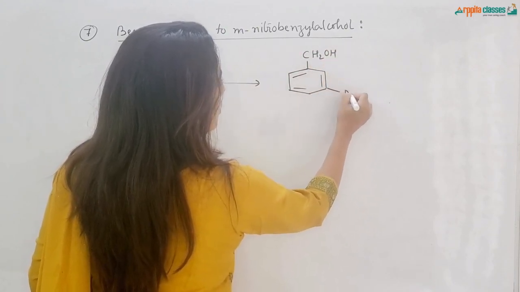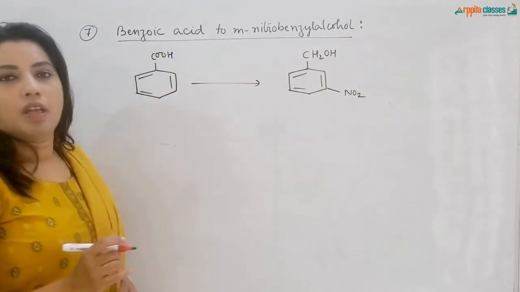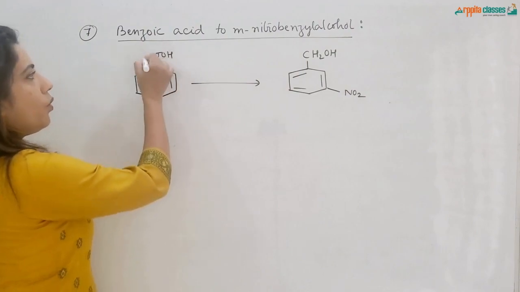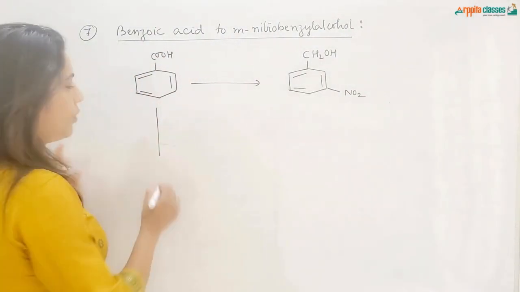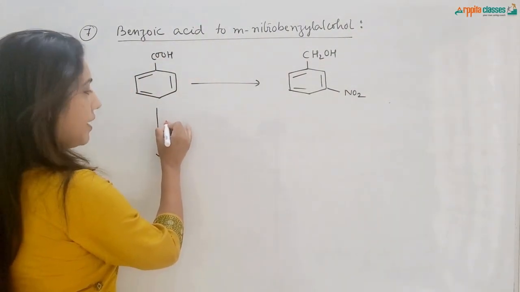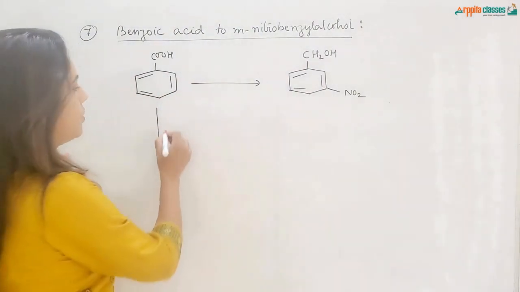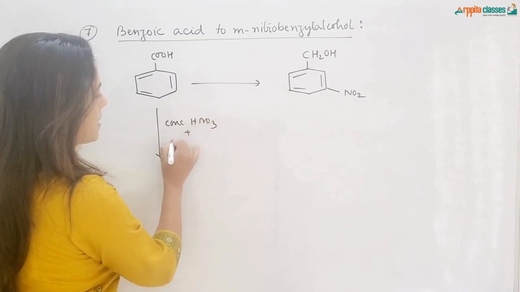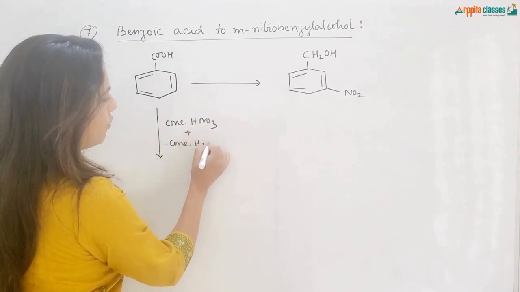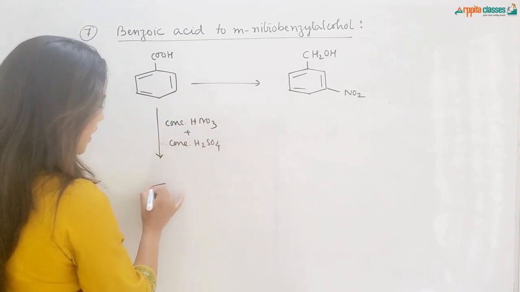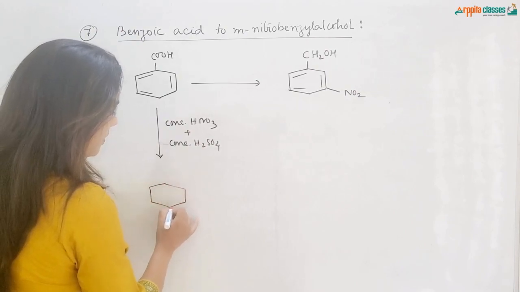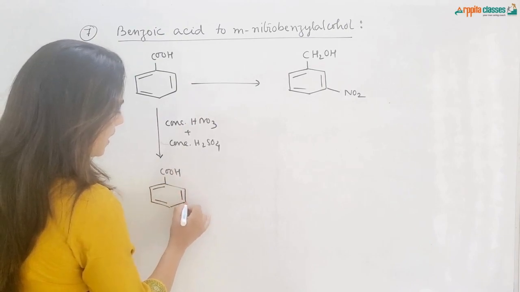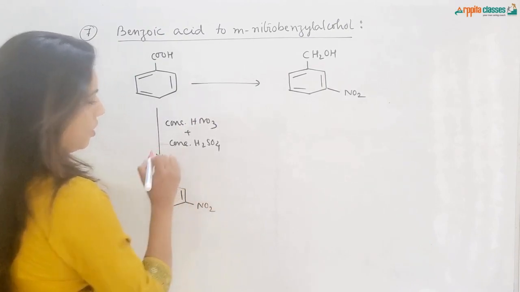There is a nitro group attached to the meta position. First of all, the COOH group is a meta-directing group. So first of all, I will do the nitration of benzoic acid. I will be treating this with concentrated HNO3 plus concentrated H2SO4, which will give rise to the NO2+ electrophile, and that NO2+ electrophile will get attached to the meta position, since the carboxylic acid group is the meta-directing